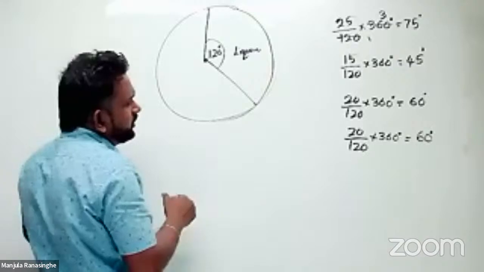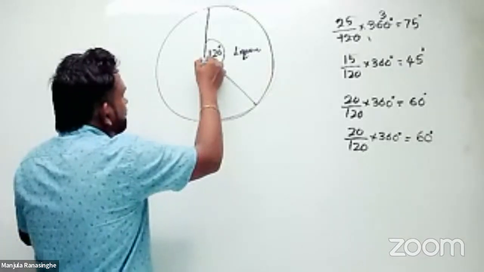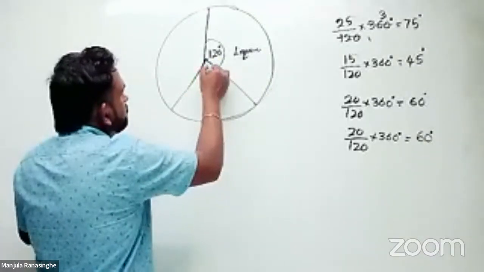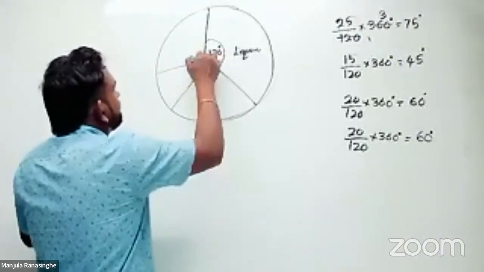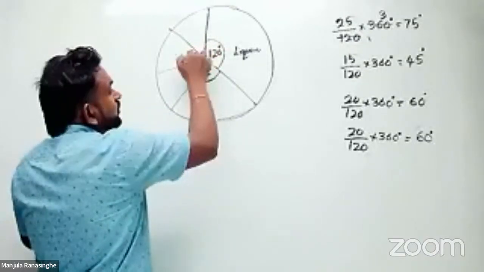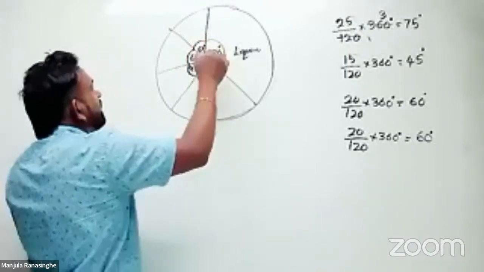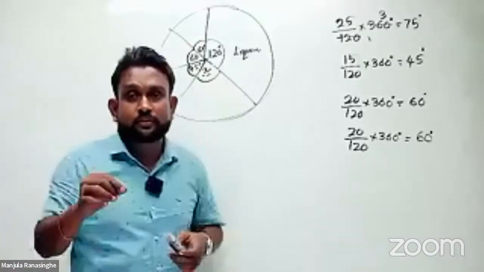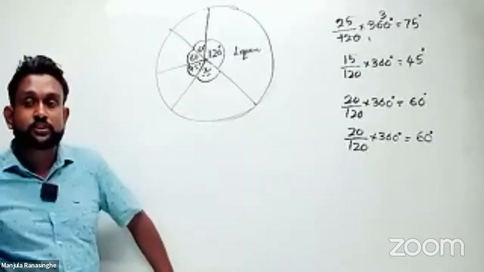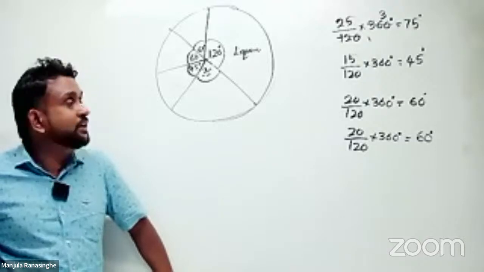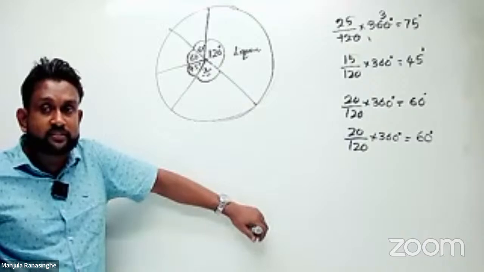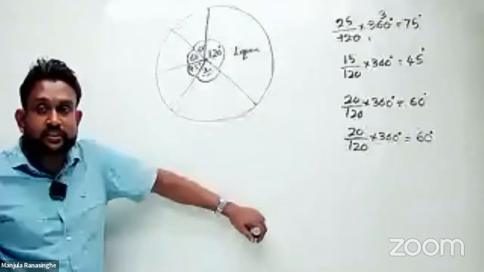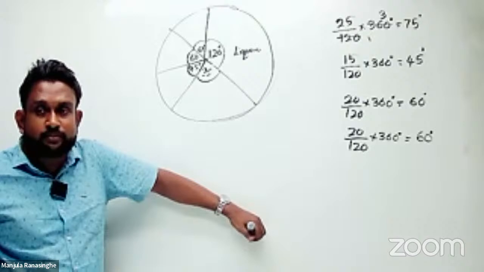Then 75, the next one. Then the next one 45. The next ones 60 and 60. Okay, so these are the sectors, named with the relevant penalty. Complete the pie chart and name the incidents there. About 4 marks. If an amount of 25,000 is assessed as the minimum fine for the fault without having a driving license,